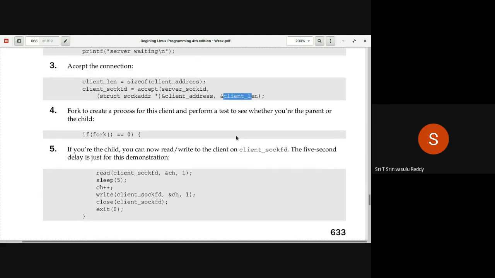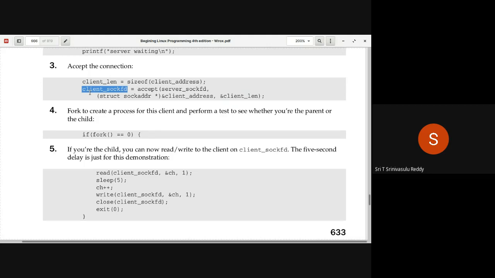But once you get the request from the client, then the socket is ready. Client socket is ready. Meaning that for communication purpose, the socket is ready. So if the socket is ready now, that socket can be passed on to the child. How do you pass on to the child?